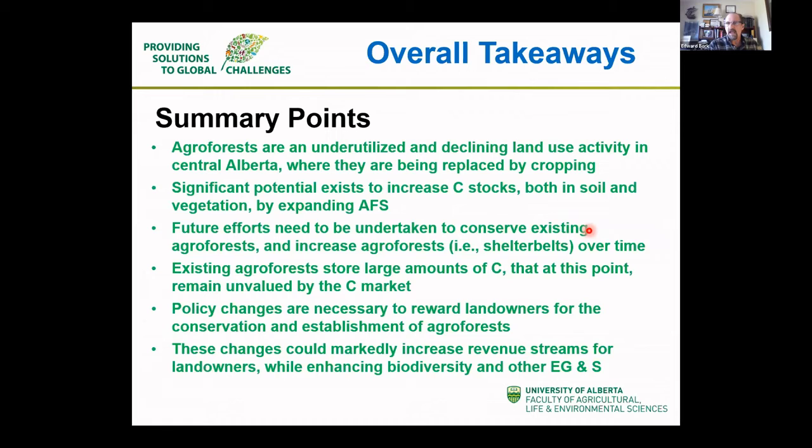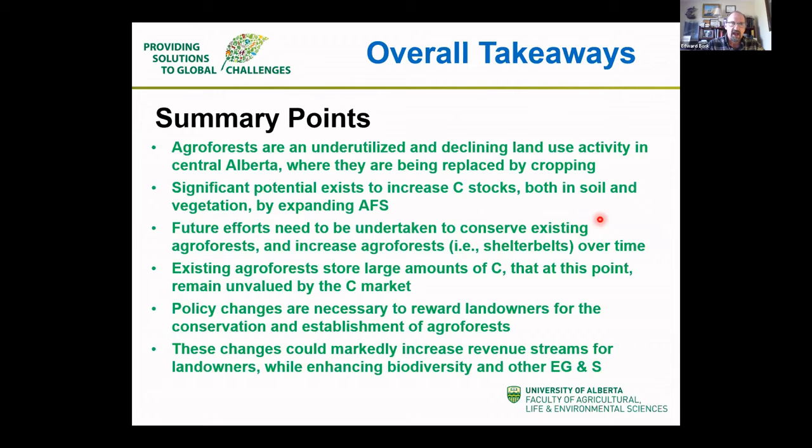Okay, so that's kind of the end of the scaling. Scott has also asked me to give a big picture takeaway. And so I've tried to pull all this together, everything you've heard from everyone in these different talks, into some summary points. And so here we go.